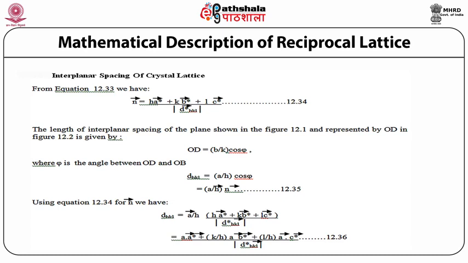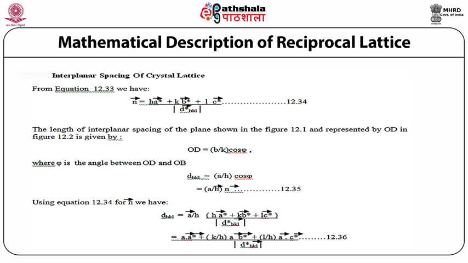The length of interplanar spacing of the plane shown in figure 12.1 and represented by OD in figure 12.2 is given by OD equal to b by k into cos phi, where phi is the angle between OD and OB. d hkl is equal to a by h cos phi, which is equal to a vector by h dot n vector,